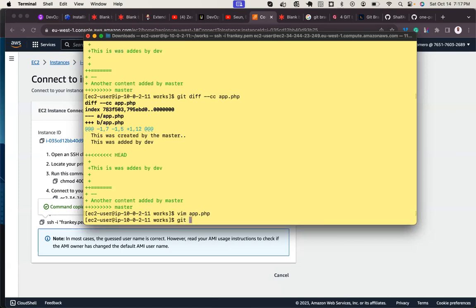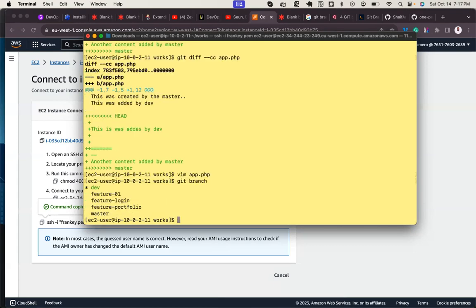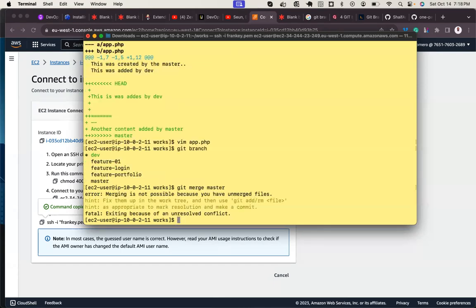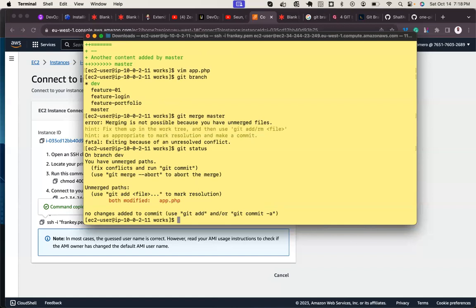I am on dev. I need to merge again. Now, git merge master to this guy. Enter. This is an error. Merging is not possible because I've made changes I've not added. Git status. I've modified the file, I need to add it.